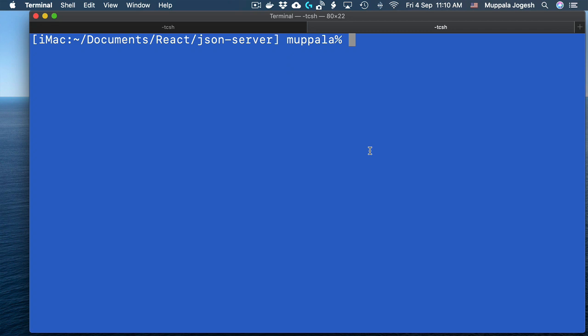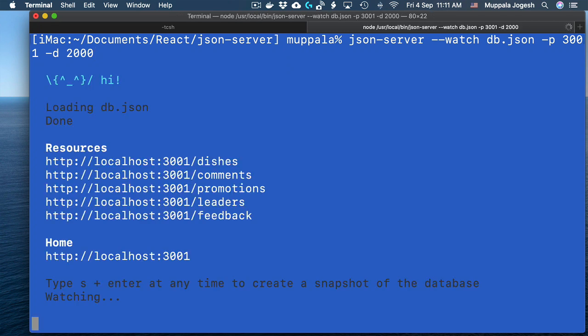Also, this application requires the JSON server to be up and running. So in a different terminal window, I am launching the JSON server. Those of you who have taken my React course on Coursera know how to use the JSON server. So let's go ahead and launch it: json-server --watch db.json -p 3001 -d 2000. And you all understand these settings for the JSON server. And once the server is up and running and serving the resources, then we'll be able to go and launch